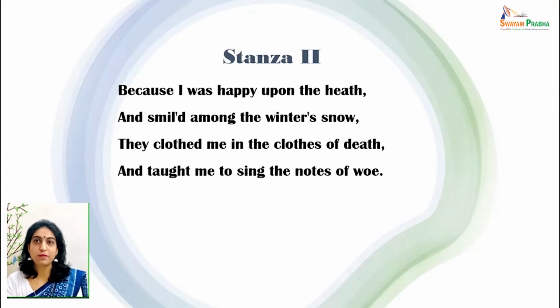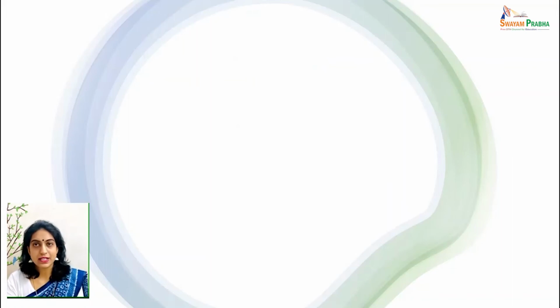The clothes of death are his black clothes full of soot and darkness. And here it also implies that clothes are used to cover us, and here what covers the boy is unhappiness or the darkness, which is no less than death. And he further says that they taught him to sing the notes of woe. Their life was so miserable and their hearts were so agonized that the only music that they could sing was that of sorrow and pain. On one hand, the child was happy living upon the heath, and on the other, he is mourning over his condition now. Then, in the last stanza, he says,